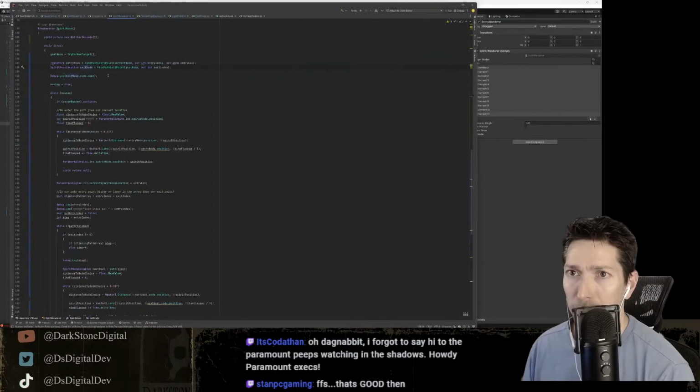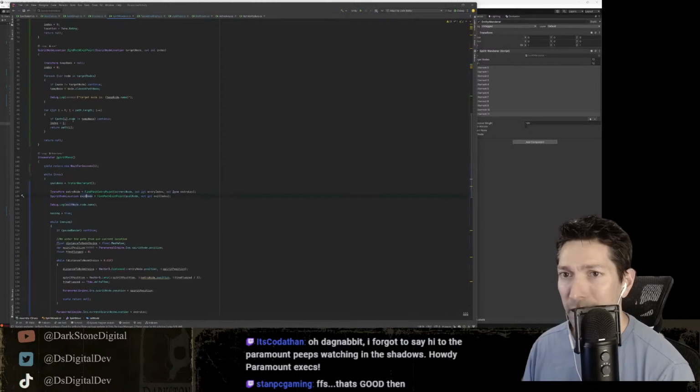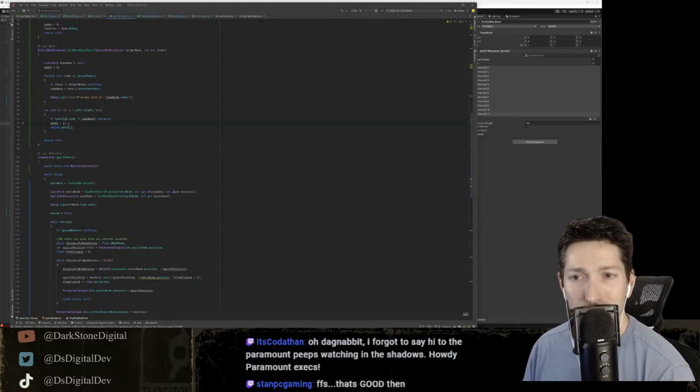We know that. If I am returning that path node, this should also be correct. And I don't understand why it is not correct. I really don't get it.